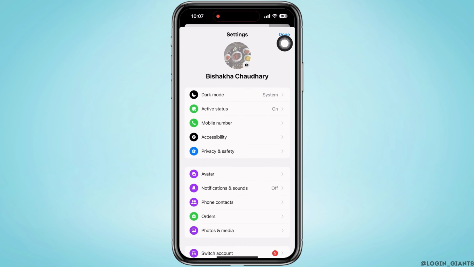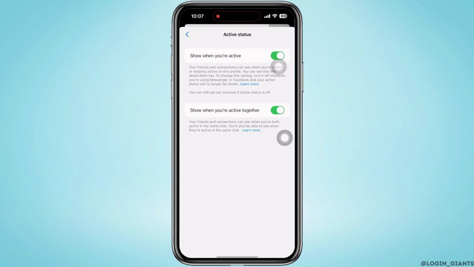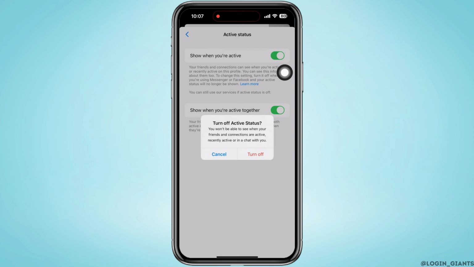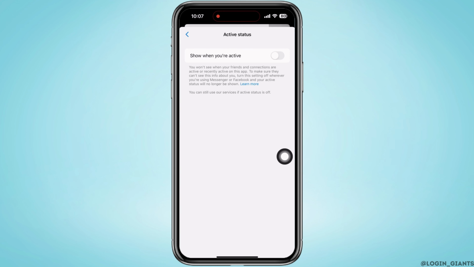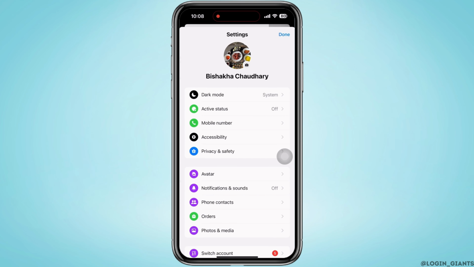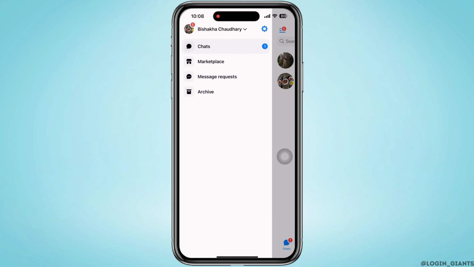Here, firstly tap on activity status and now toggle off the button for show when you're active. Doing this only won't remove the message delivery tick mark, so next what you can do is, if it is a single individual whom you don't want to see the delivery tick mark, then go ahead and restrict that